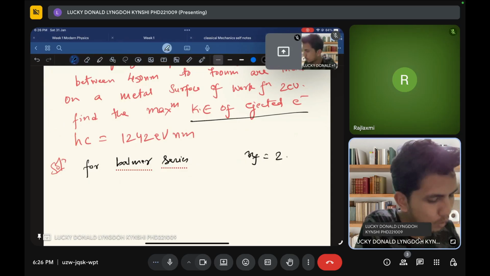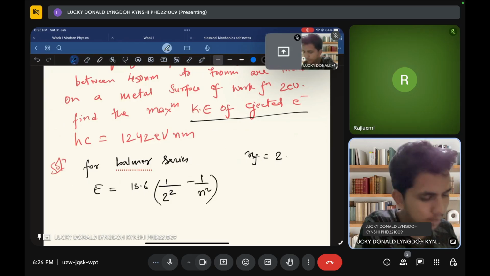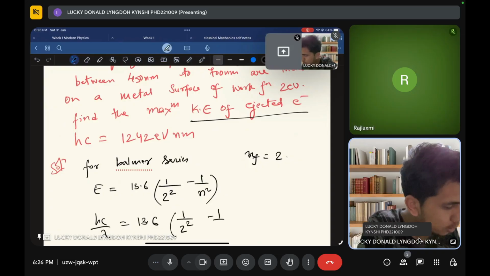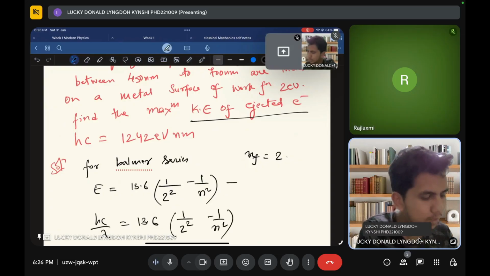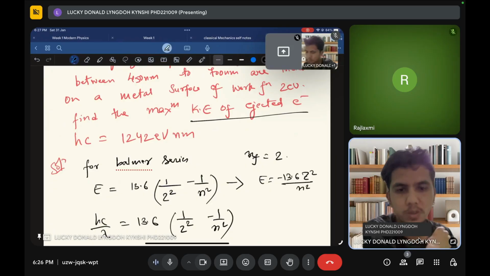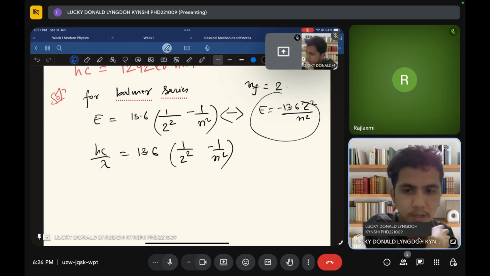So what happens is E is equal to 13.6 times 1 divided by 2 square minus 1 divided by n square, and this energy is equal to hc by lambda, equal to 13.6 times 1 by 2 square minus 1 by n square. This equation I have taken simply from here: E is equal to minus 13.6 Z square by n square. Then you can take 1 by nf minus 1 by ni. I have taken this relation from here. Now